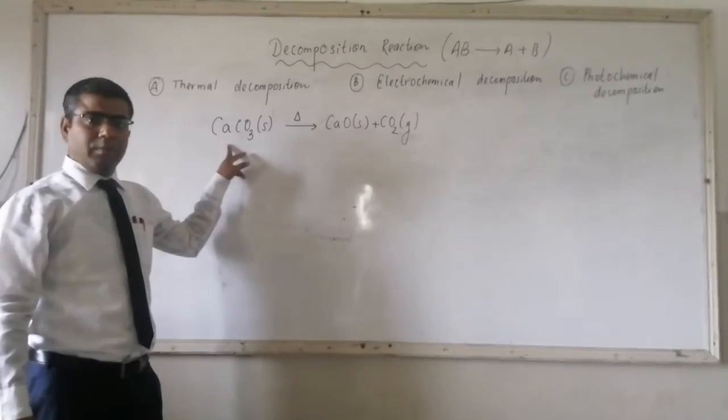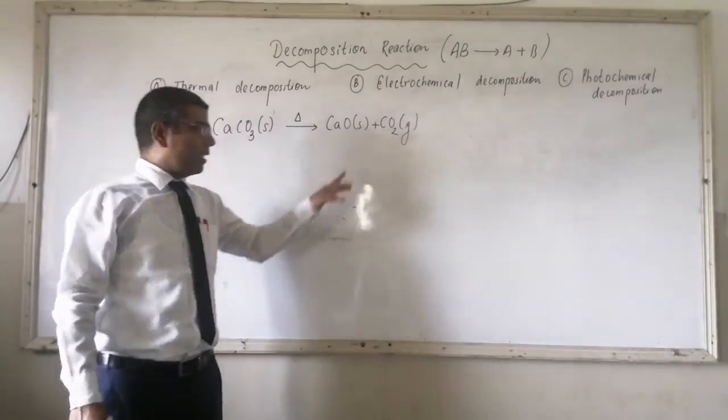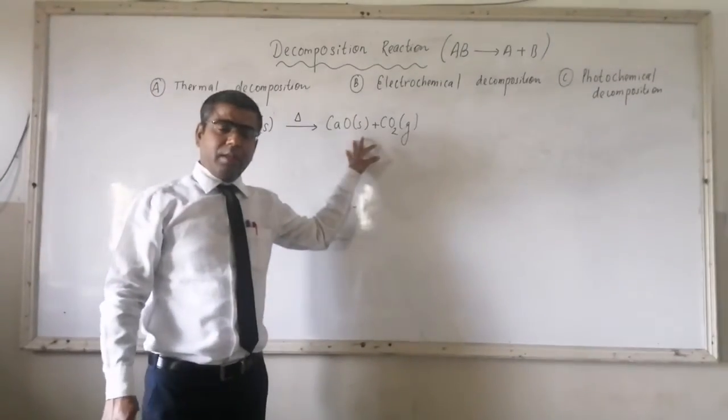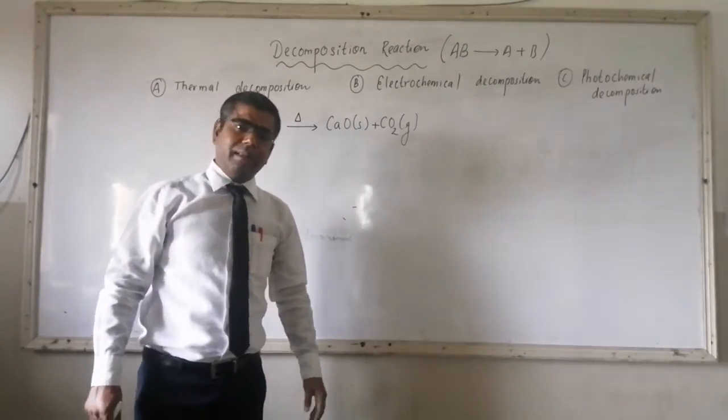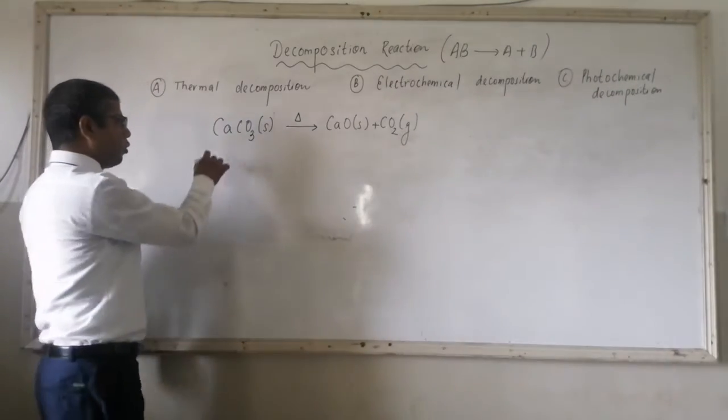This is your quicklime, calcium oxide. So a single reactant is converted to two products in presence of heat energy, and this reaction is called thermal decomposition, or it is also called